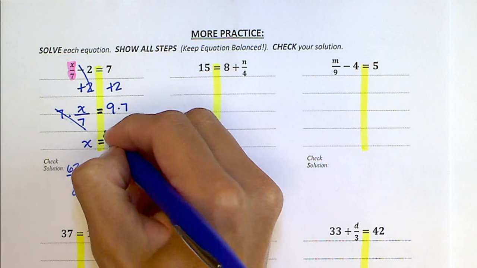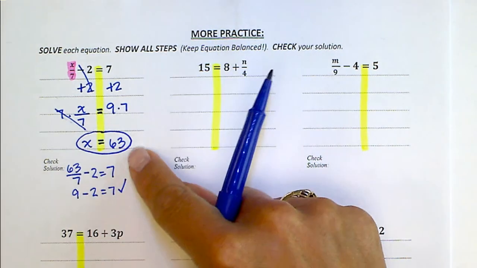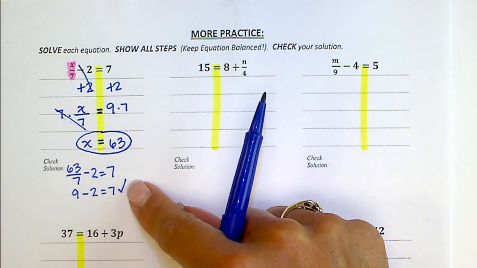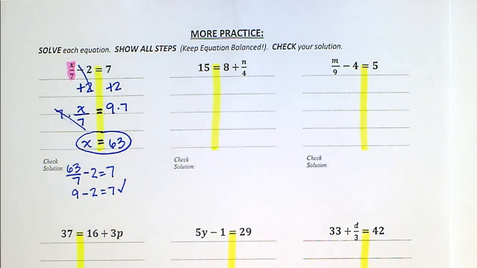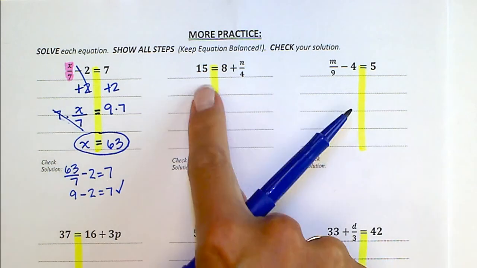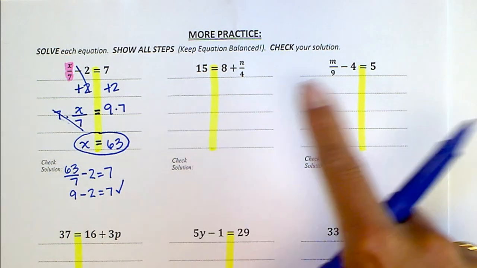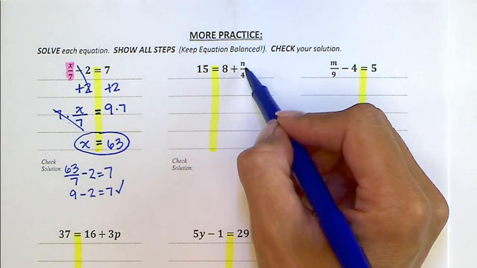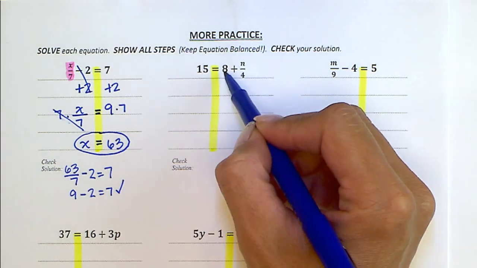Now, checking your solution is optional. You can do that if you want. It kind of lets you double check if you did it correctly, but I am going to make that optional. All right, this time I'm going to do this one, and then I want you to do the third one on your own. Okay, we're going to isolate the n over 4, so the opposite of adding 8, we're going